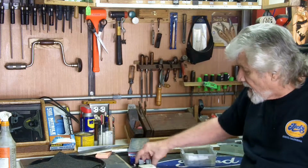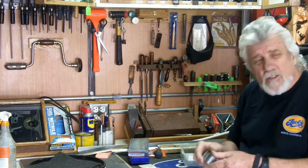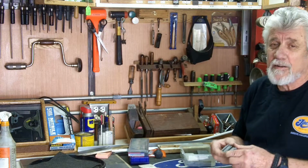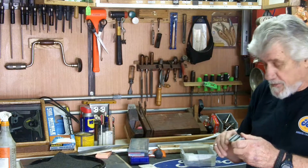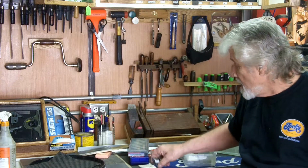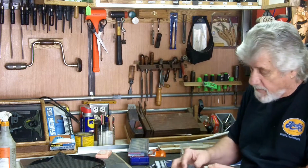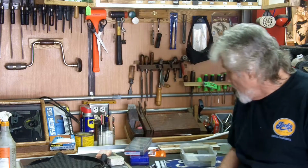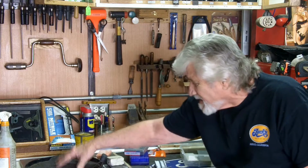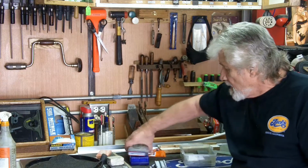And along with that, I've got a gauge. And I've got to say, this gauge worked all right, but I saw a thing on the Veritas gauge, so for Christmas, I just had to cop for it. So my Veritas honing gauge is on the way, so we'll see how that is. And then the strop and the compound will do it. So when I put my stones in this, I use this little rubber thing, and it does all right, but it still moves around. So I thought I would build a holder for my